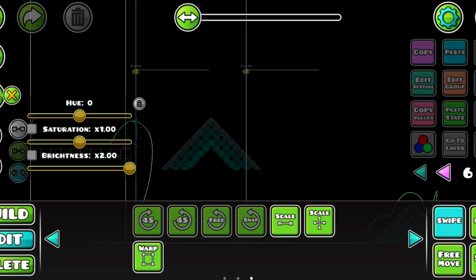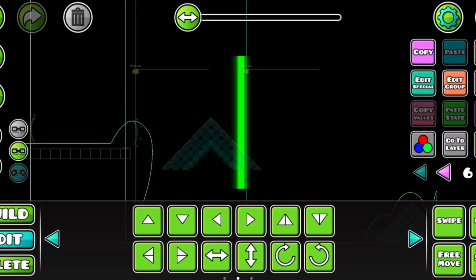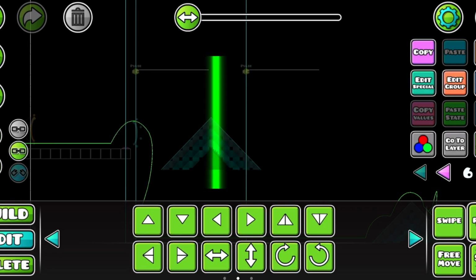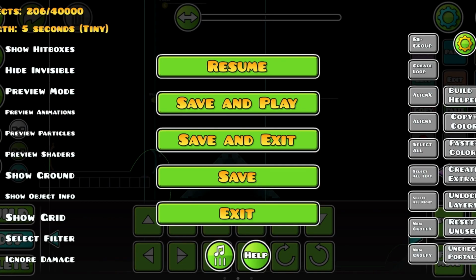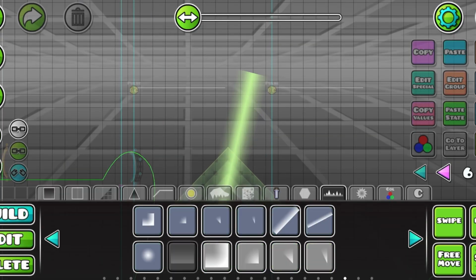I'll probably go into depth if I do make an effect video. But now you're going to take your slope, put it wherever you want. I'm just rotating it like that. So its group is 12. So I'm going to take a